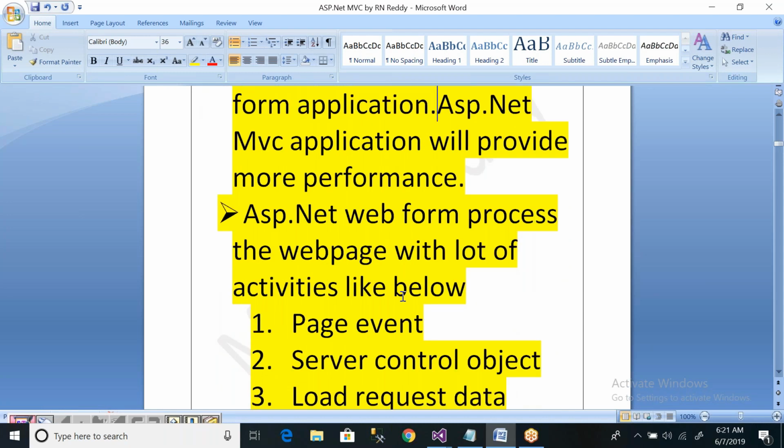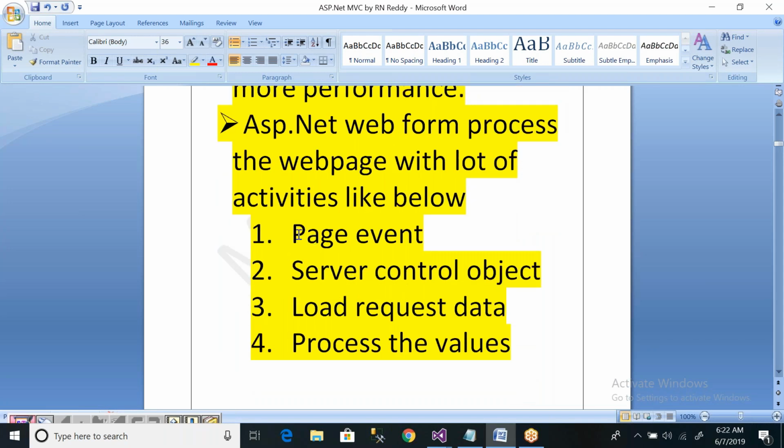Why? The reason is that ASP.NET Web Form processes the web page with a lot of activities. In ASP.NET Web Form execution, the activities are page-related events, and server control objects are created.